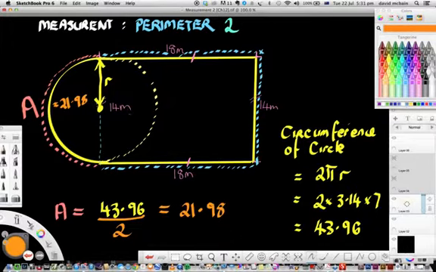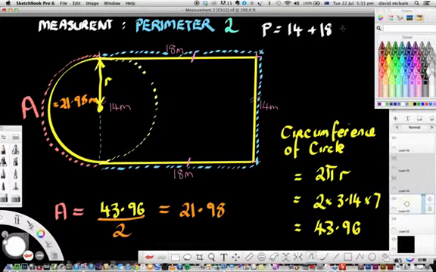Meters, by the way, because everything else is in meters, so we're going to make that meters. So now we can work out the perimeter. So the perimeter is going to equal, and I'll just write it up here, perimeter is going to equal, starting from here, 14 plus 18 plus